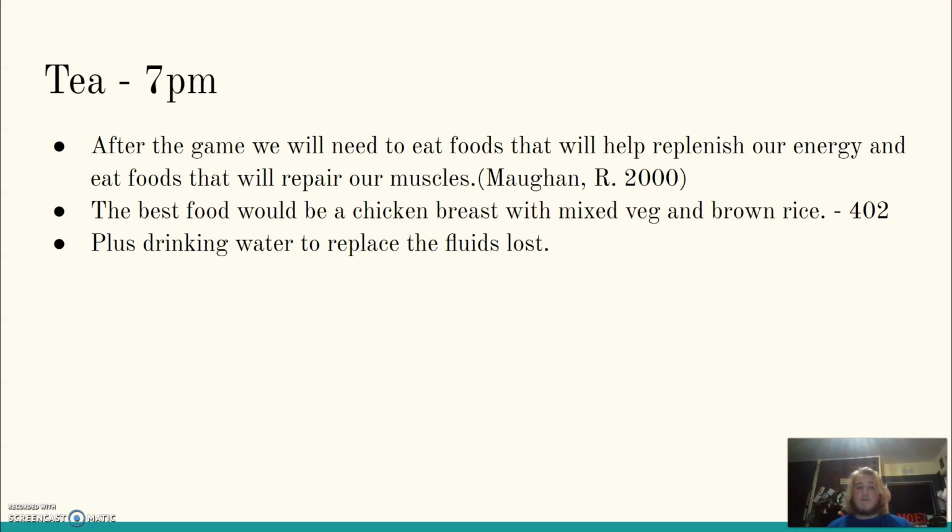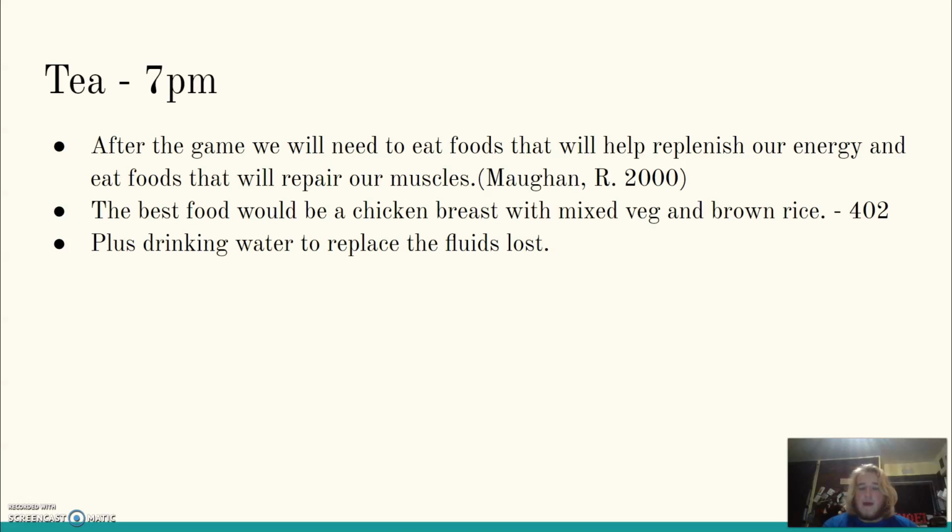So after a game, we're going to be tired, we're going to drink lots of water, we're going to be having our tea around 6-7 p.m., depending on what time kickoff happens. And again, we'll need to eat foods now to replenish what we've just had. So we've just burnt our energy, our body's tired, our muscles will be worked. So we need to eat foods that are going to help replenish our muscles and our energy and increase our muscle repair. So the best food for that would be chicken breast with mixed vegetables and brown rice, which is 402 calories. And the reason that'd be best is because protein in the chicken breast will help repair the muscles that you've used